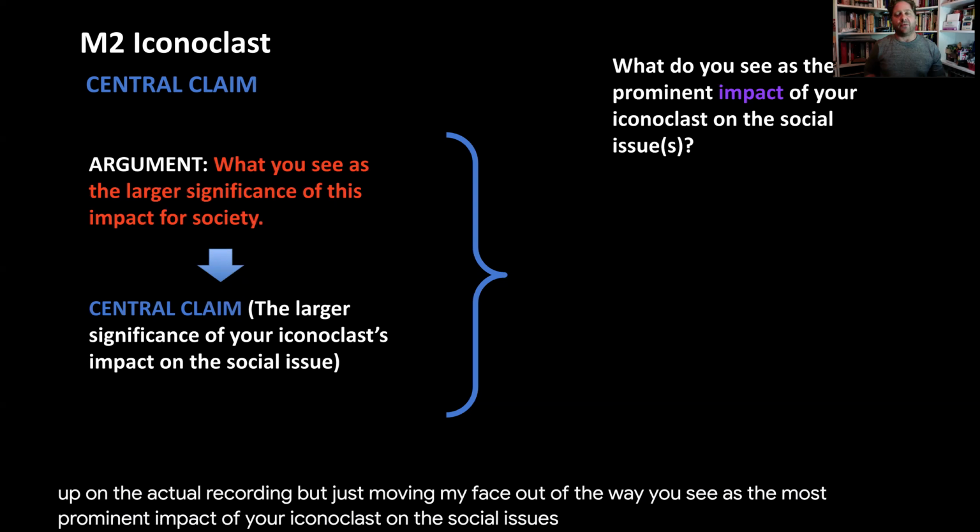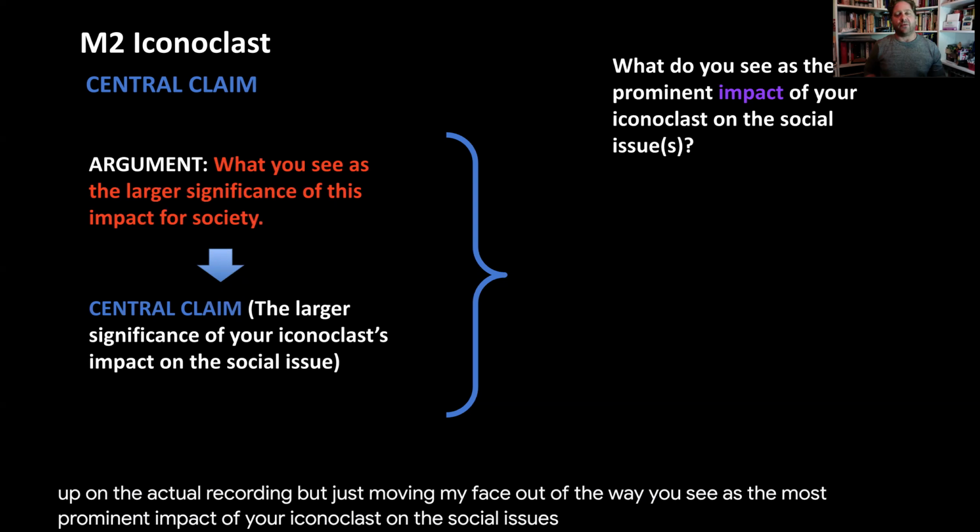And notice that it says overall consequence, right? And what that means is that, essentially, I'm saying what might be a couple of key words that capture what I see as the overall consequence of the impact the Iconoclast is having. And lastly, why is this significant in regards to the social issue? This is that larger social significance, right? So that impact, the consequence of it, and the significance of it, those things should be relatively familiar.